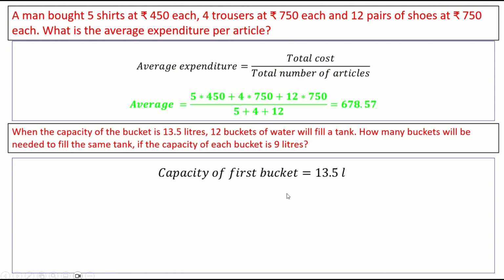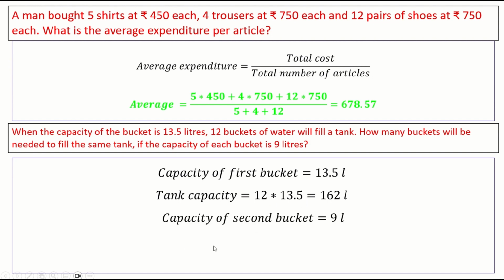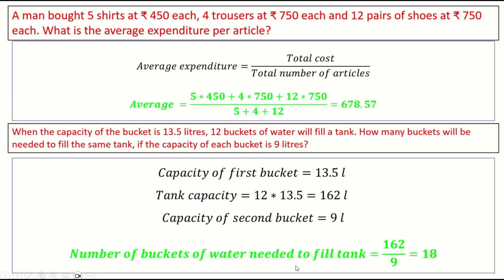So, capacity of the first bucket is 13.5 liters. Tank capacity equal to 12 buckets are required, right? So, 12 into 13.5, which is 162 liters. Now, capacity of second bucket is 9 liters. So, number of buckets of water needed to fill the tank is 162 by 9, which is 18. This is the answer. 18 buckets of water are required to fill the tank. Easy. Next,